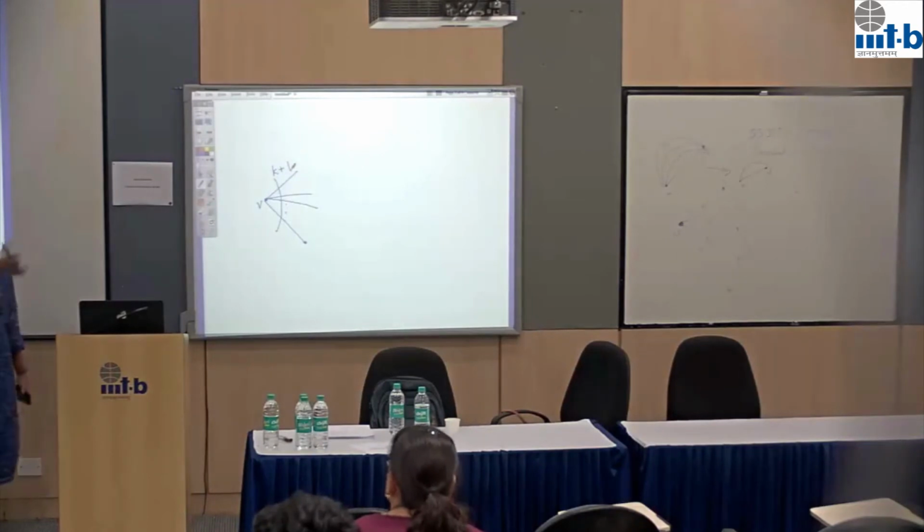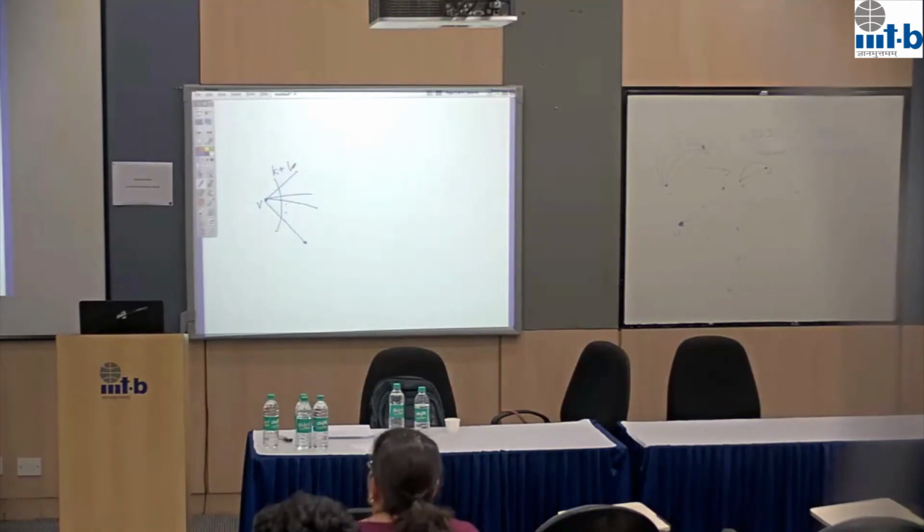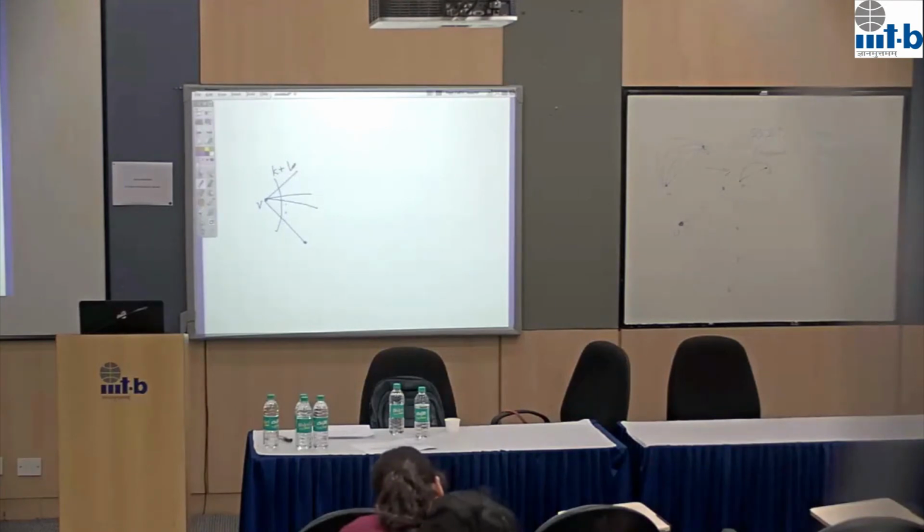Yeah, then we have to pick all its neighbors. There are at least k plus 1 neighbors, which exceeds our budget of k. So if there exists a vertex cover of size k, then V has to be in it. Okay, so that's what we are saying.